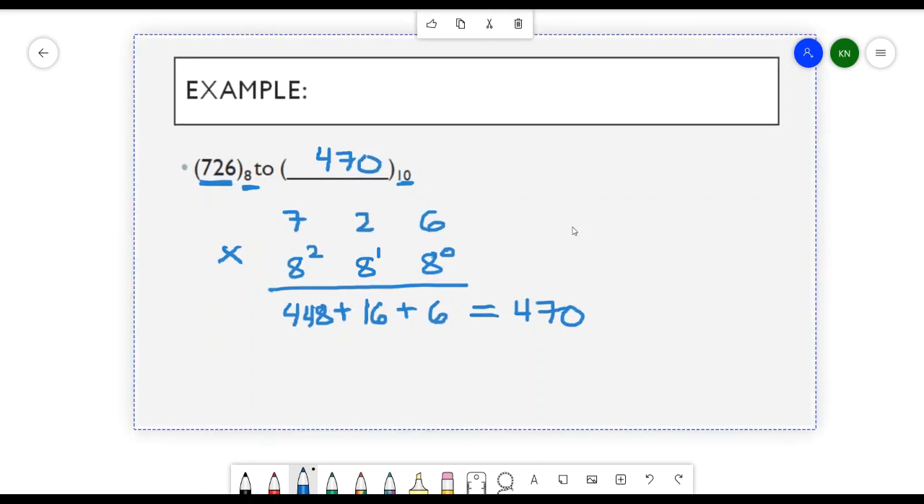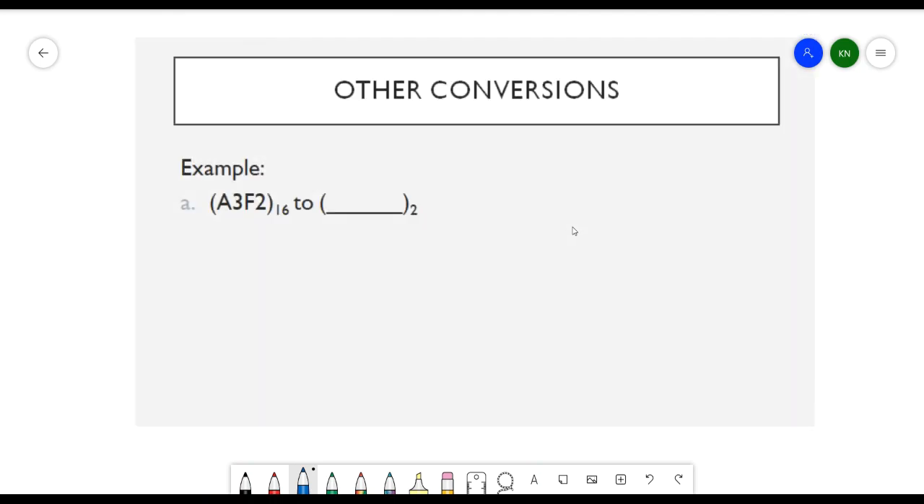Now we will also discuss other conversions. Other conversions, this means from other number system to other number system. As you can see from here, we have hexadecimal to binary. So as you can see, both of the bases belong to other number systems. Now, how can we convert other number system to other number system? So basically,